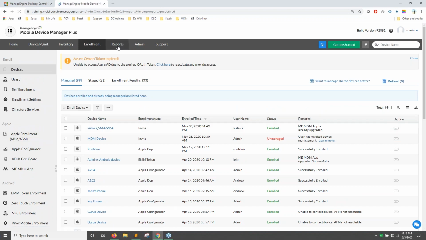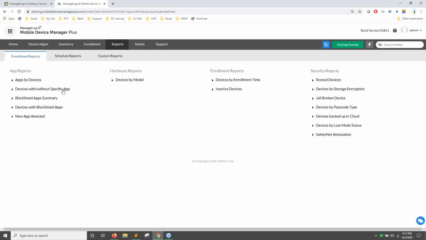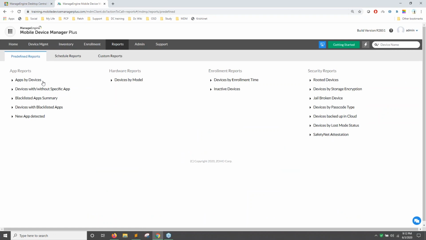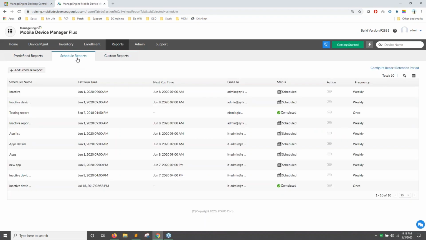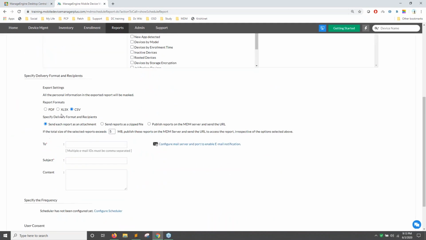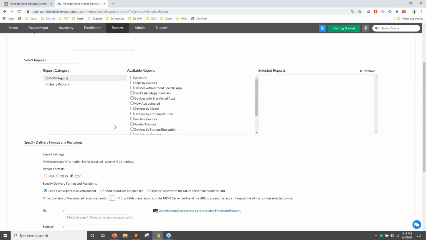And under the reports tab, you can see certain predefined reports available. Like if I want to find out which devices have the Zoho Meeting application installed, I can go with this particular report. If I wish to find out which jailbroken devices are available within the management scope, I can click on this report. You also have custom reports where you can build your own reporting, and you can also schedule them. Say every Monday morning, I want to check certain reports based on use cases. You can schedule them and choose the format in which the report has to be sent